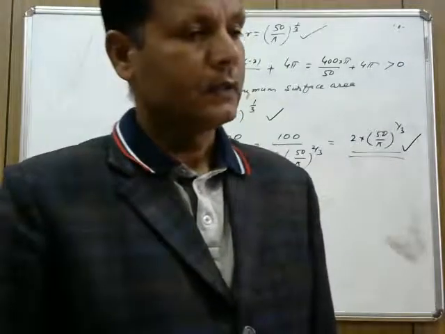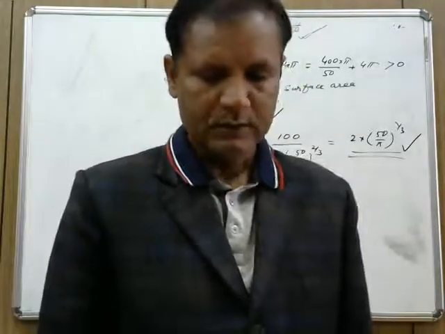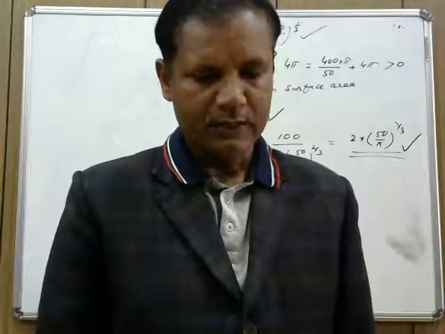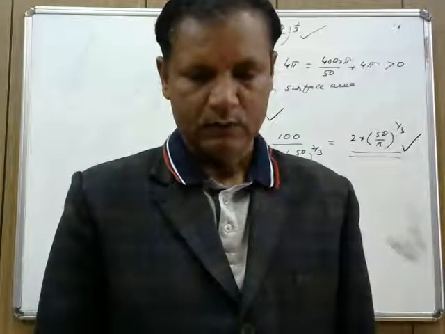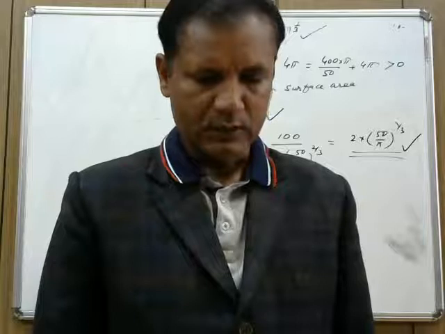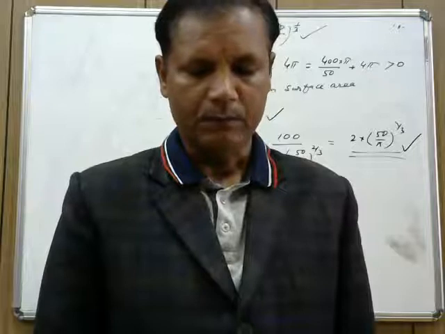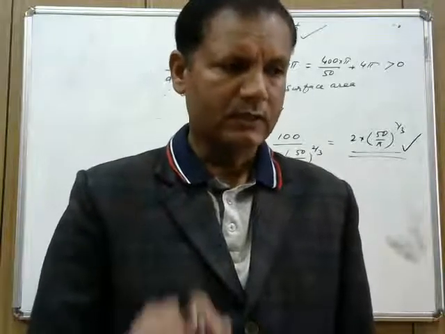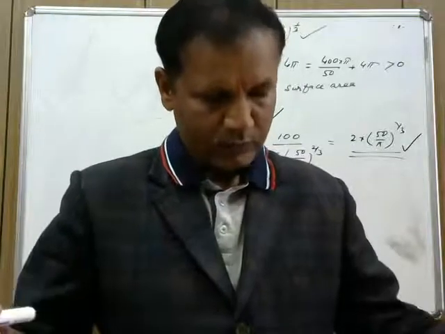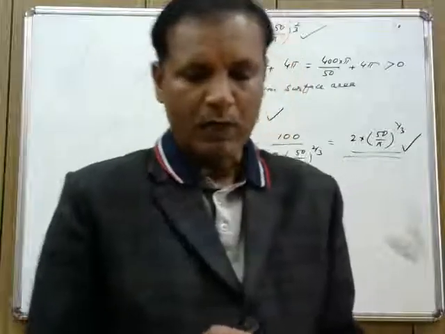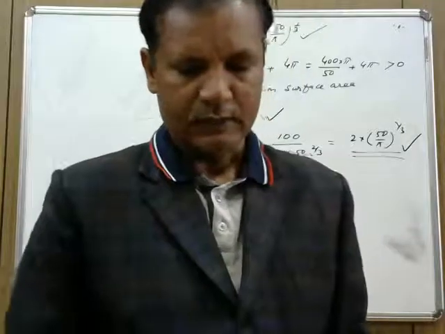22 we have, a wire of length 28 meter is to be cut into two pieces. One of the pieces is to be made into a square and the other into a circle. What should be the length of the two pieces so that the combined area of the square and the circle is minimum? Just I will give you the hint and then I will leave this question. We don't know what is the radius and dimension of the two parts which we are going to make, that is a square and the circle, right?